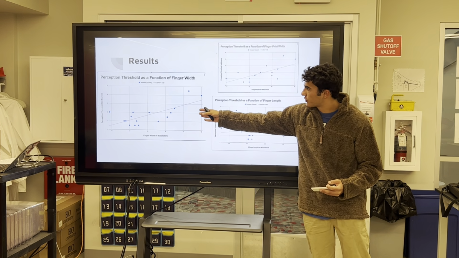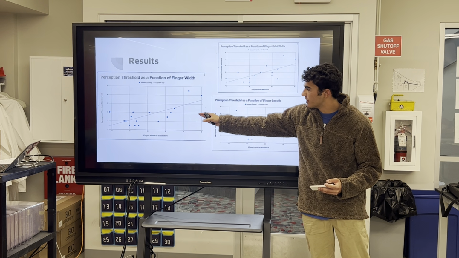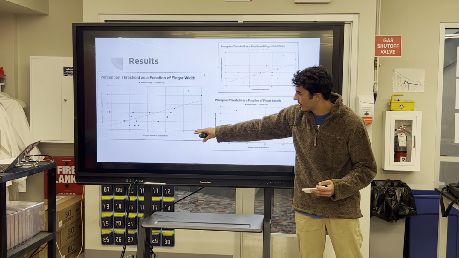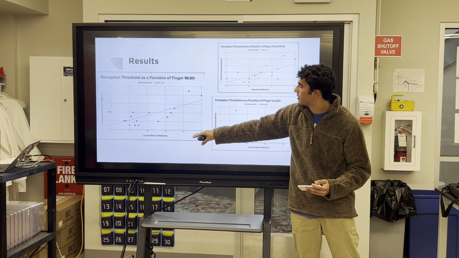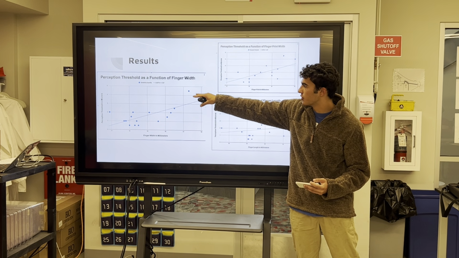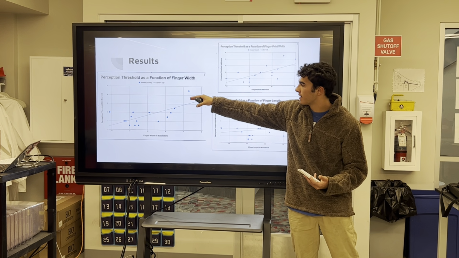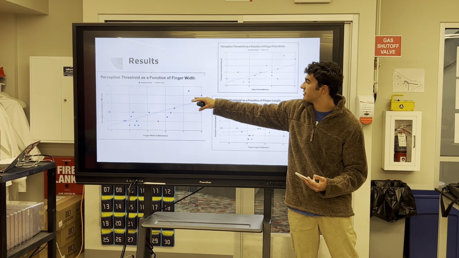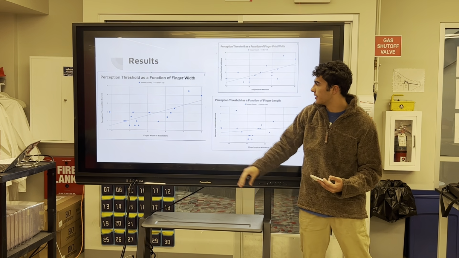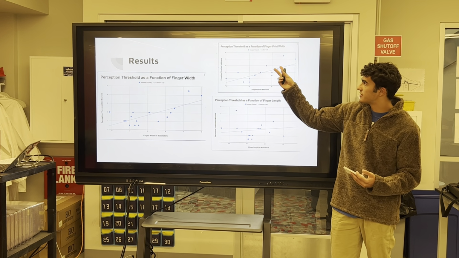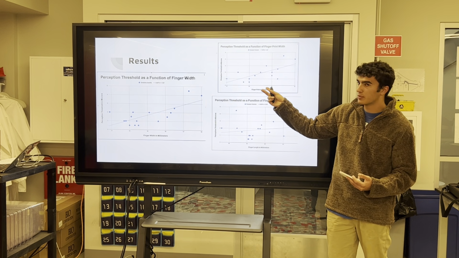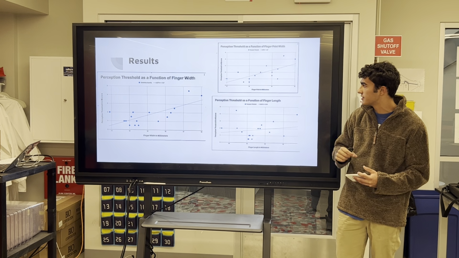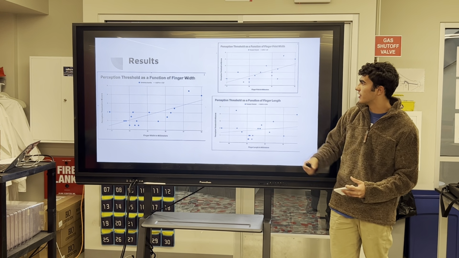So this graph is the main graph that I used. And as you can see, there is a general trend as you move to the right on the finger width. The perception threshold also goes up, meaning the people with the larger fingers were not as able to detect the smaller bumps. And then this is also just a graph. This is the fingerprint width on the x-axis instead of the fingerprint with the caliper measurement. And as you can see here, it also has a pretty